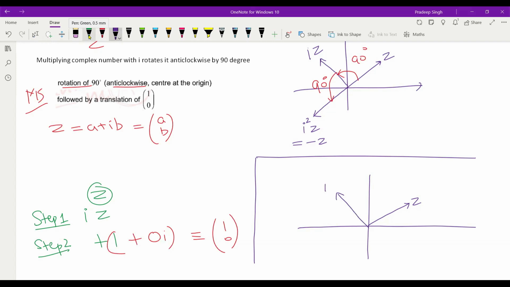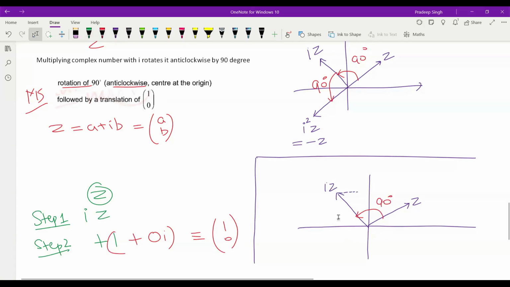This is your new complex number, which has been rotated 90-degree anti-clockwise. Now we need to add 1, which is 1 plus 0I. This means the real part will be increased by 1, and the imaginary part stays the same. So whenever you have to add 1, 0, all we need to do is go 1 unit towards